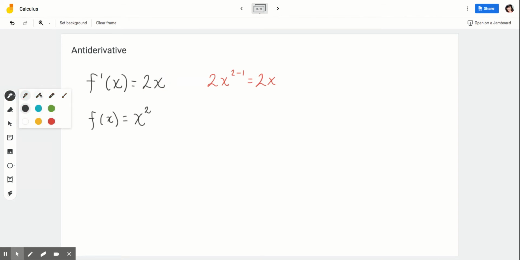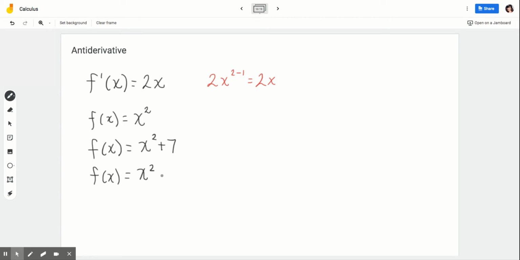going in the opposite direction. Now, something to remember when you take the derivative is that if there were a constant at the end, so say you had x squared plus 7, this function would also have the derivative of 2x. Because when you add a constant at the end, it doesn't affect the derivative. Therefore, this function is also an antiderivative of 2x. There's actually infinitely many functions that could have this derivative 2x with any constant that you add at the end